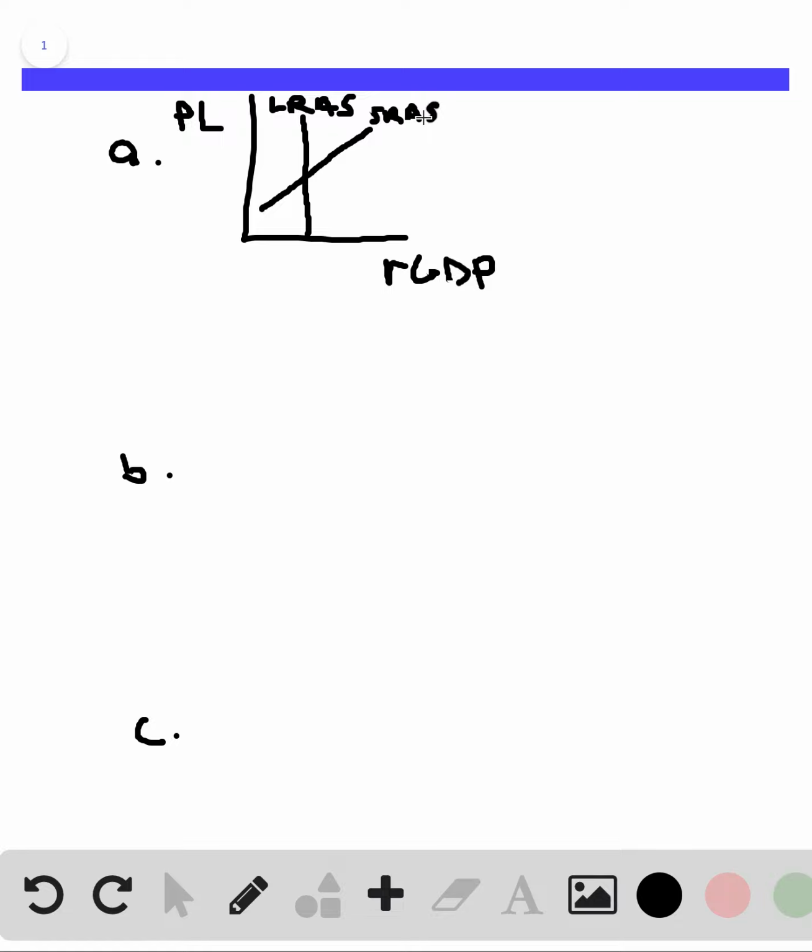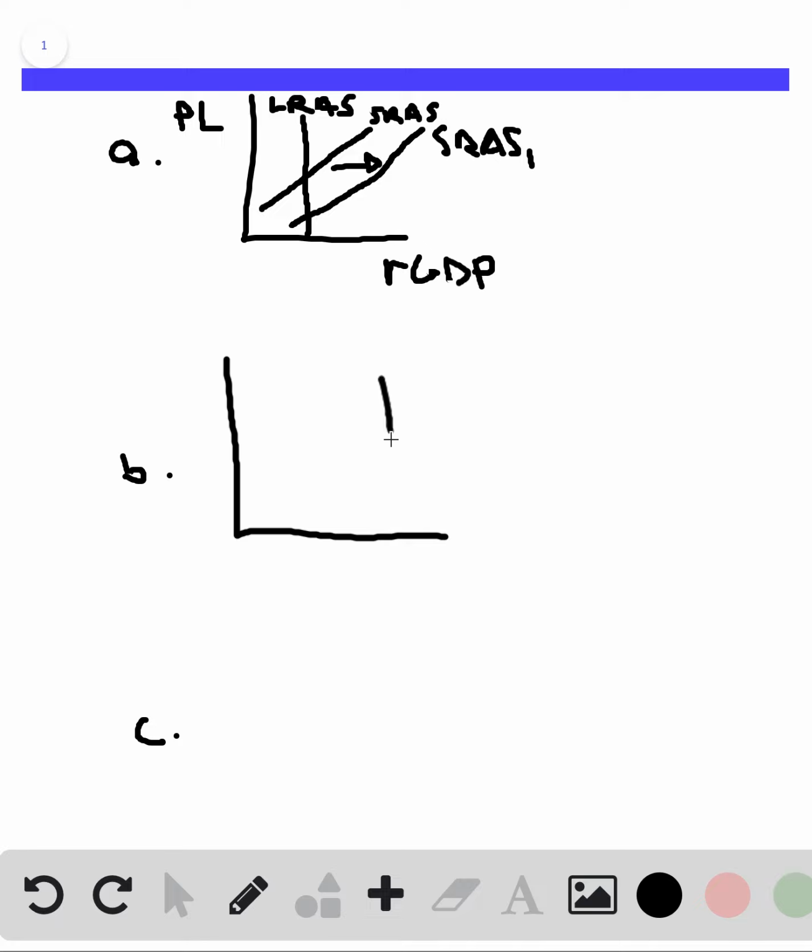Okay. So if the expectation of the future price level decreases, that means that we expect input prices to decrease, which means that it will cost less for us to make the same products that we already make. So if it costs less, we'll be able to make more. So our short run aggregate supply curve will have shifted rightwards to SRAS1. Okay. For situation B,